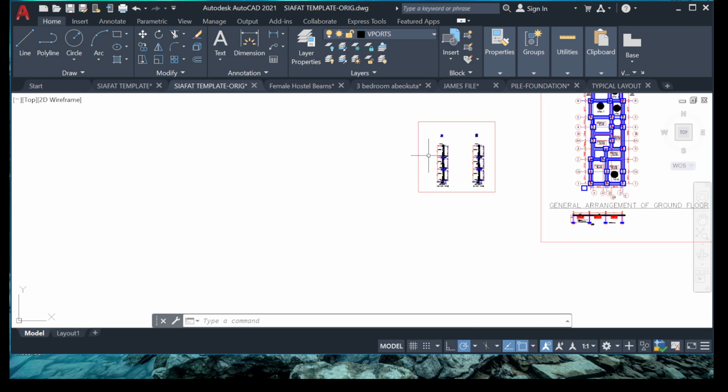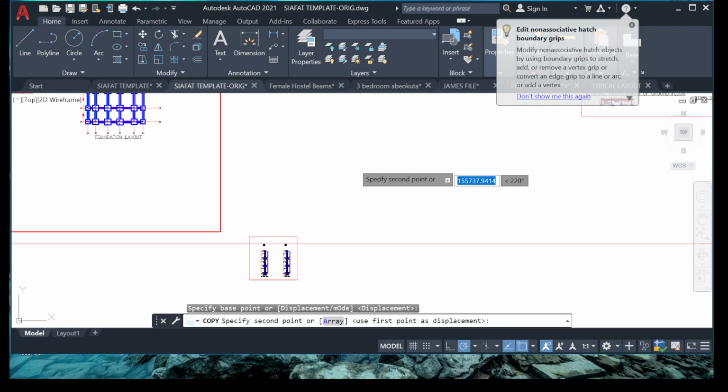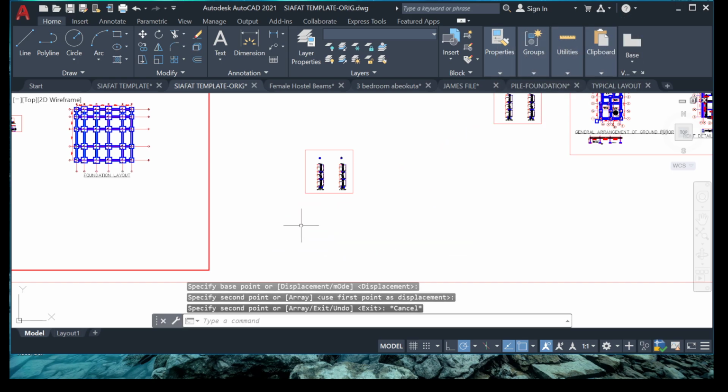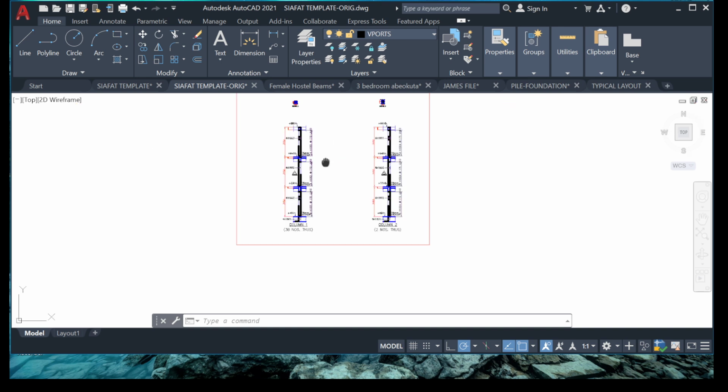So the next thing is what is the column. So let's copy the column. Let's copy it and let's bring it here. So for the column, I'll teach you the secret I use for my column detailing. So what we need to do for the column is